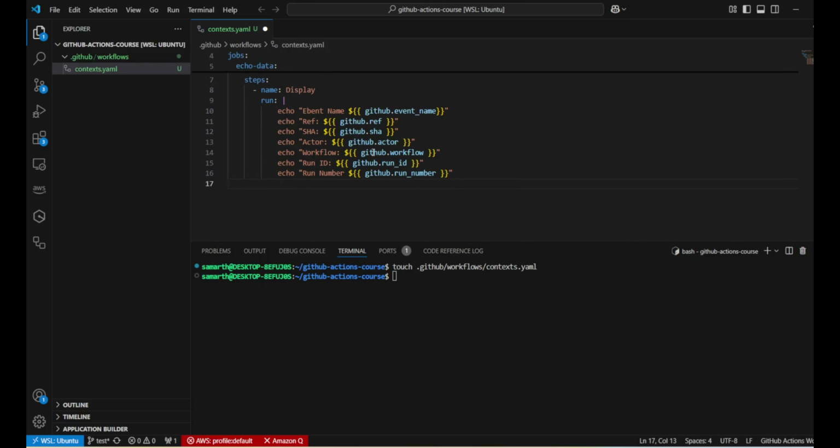So let's try to discuss the second type, which is the variables. Okay, how to capture the variables in GitHub Actions. That is also one of the important things. All right. So for that, I'll create a substep,